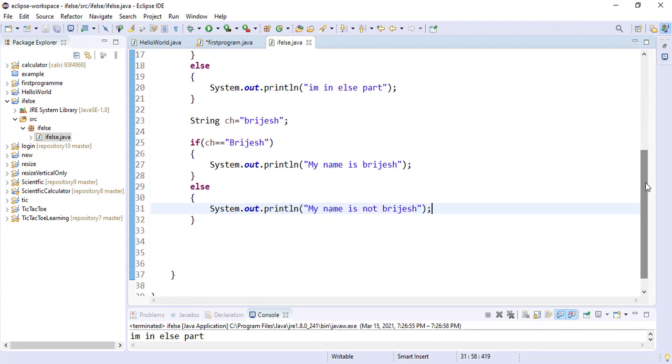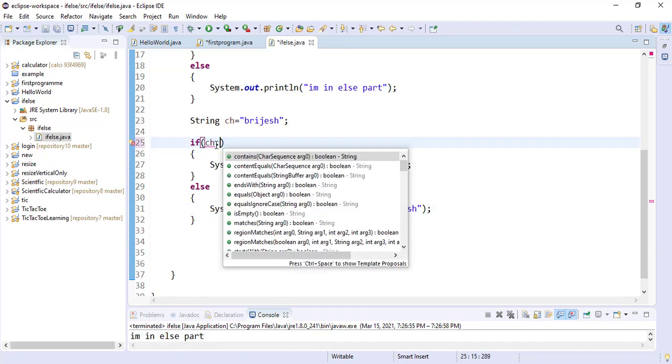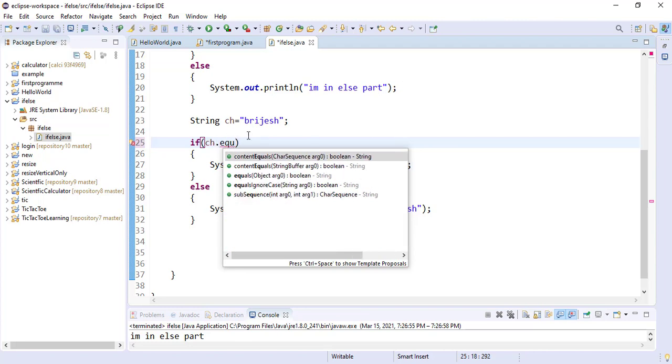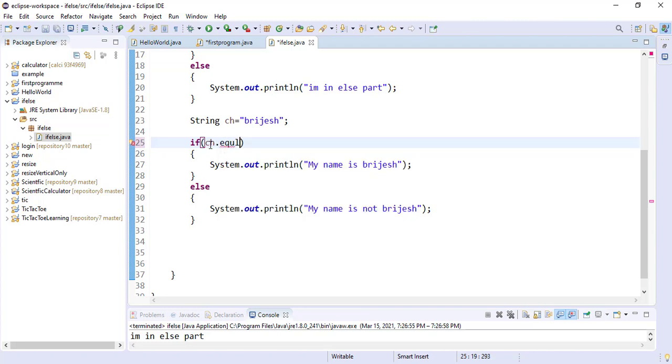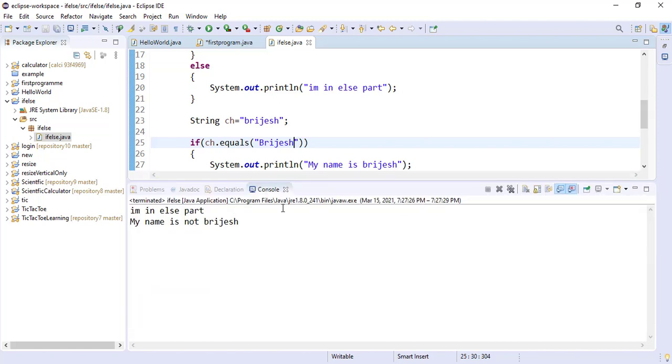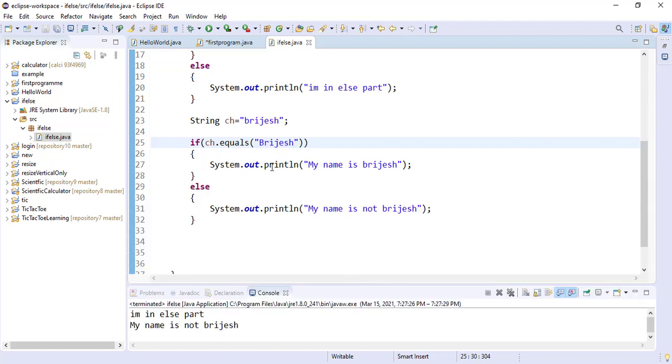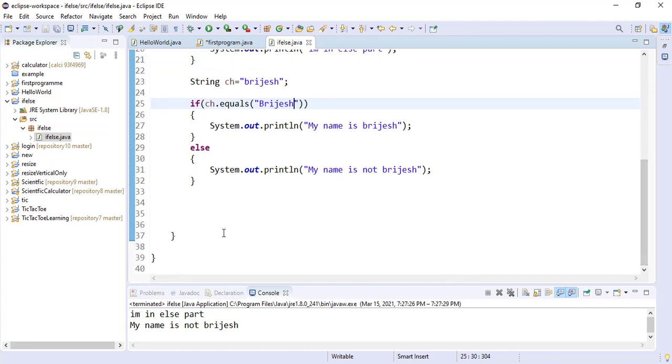So this is the first case of how to use if else with integer and how to use if else with string. Now one more thing I want to tell you, you can also compare the string using an inbuilt function. So if you type here ch.equals, because ch is of type string, when you type ch dot, it automatically shows this equals, and inside this you can type any string. So I simply type here again Brijesh, and then I press on the run button. I am getting the output my name is not Brijesh, and you can see it works fine. So you can use double equal, and you can type manually .equals. So it is your choice.